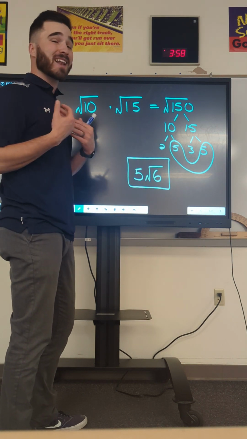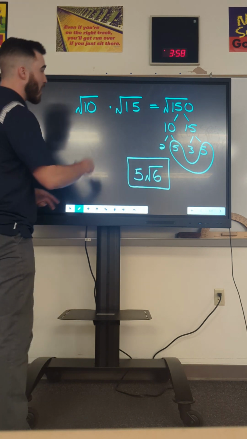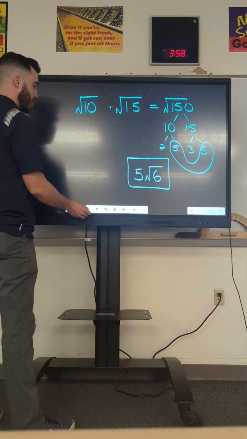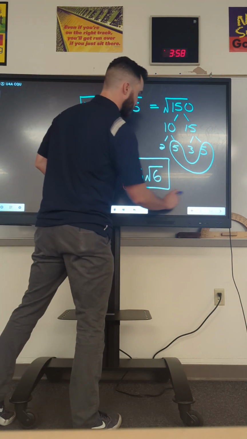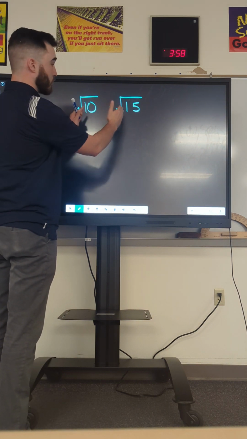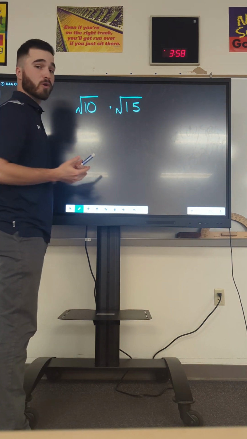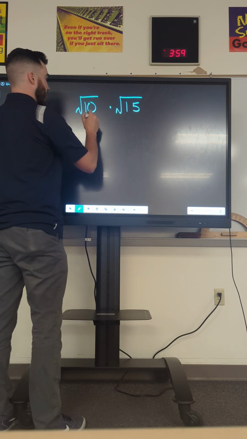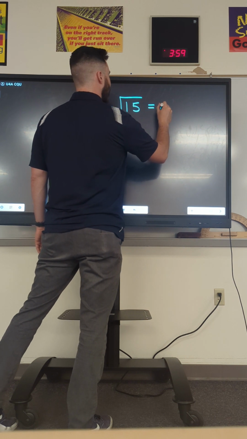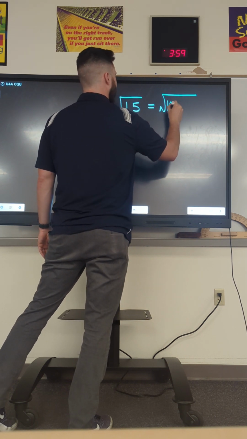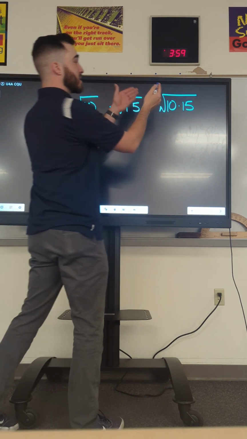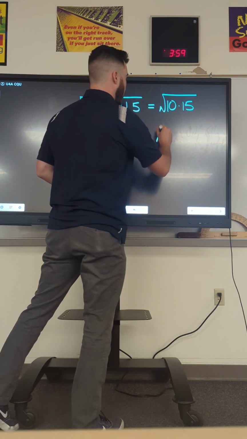But I feel like that is a little bit repetitive because we already see we had a 10 and we already see we had a 15 here. So there's a trick that you can do, which is factoring these two radicals before you actually multiply them. Because we know that the square root of 10 times the square root of 15 is the same thing as the square root of 10 times 15. So essentially, we know that since this is the square root of 150,